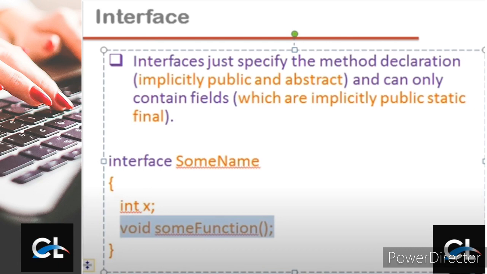Under the interface, as I told earlier, we can only provide the prototype of the method or declare the variable, but we cannot define the method. And by default, method declarations are public and abstract. Like void sum function, if you do not write public or abstract before it, by default it is abstract.